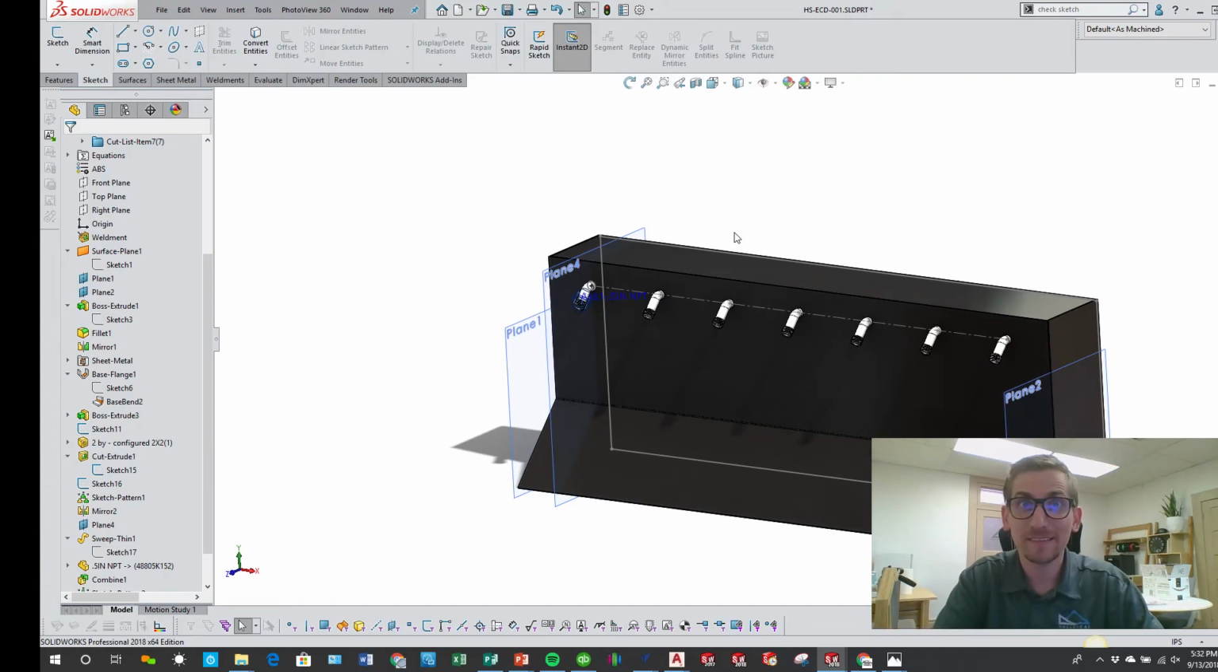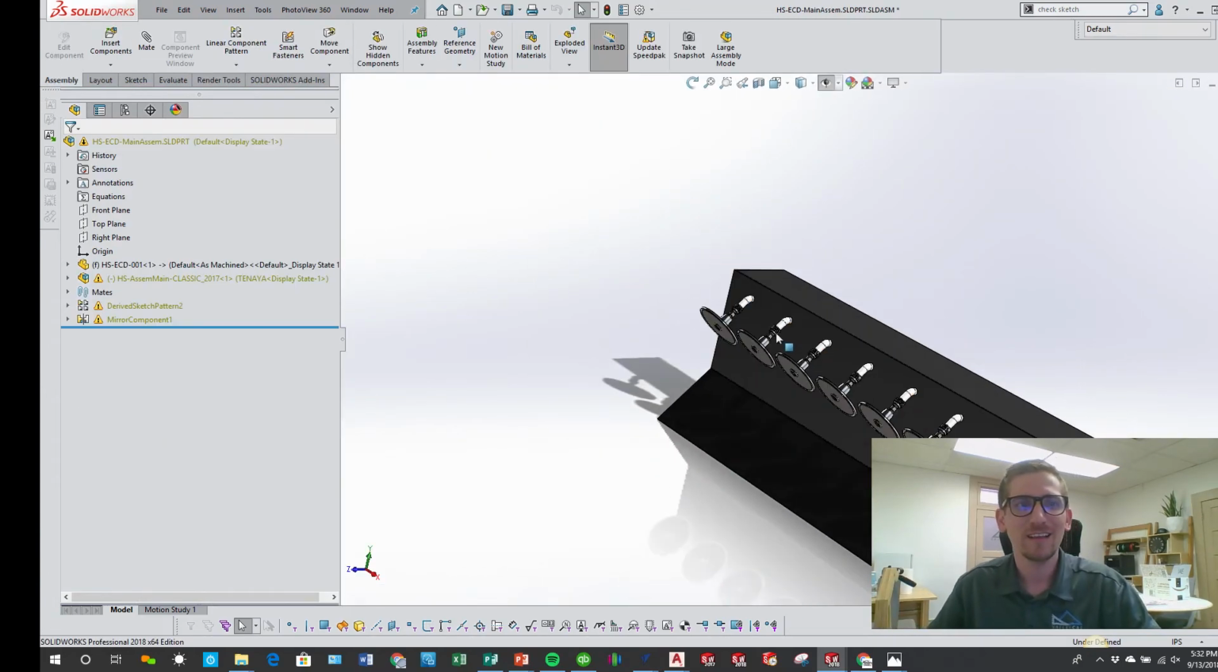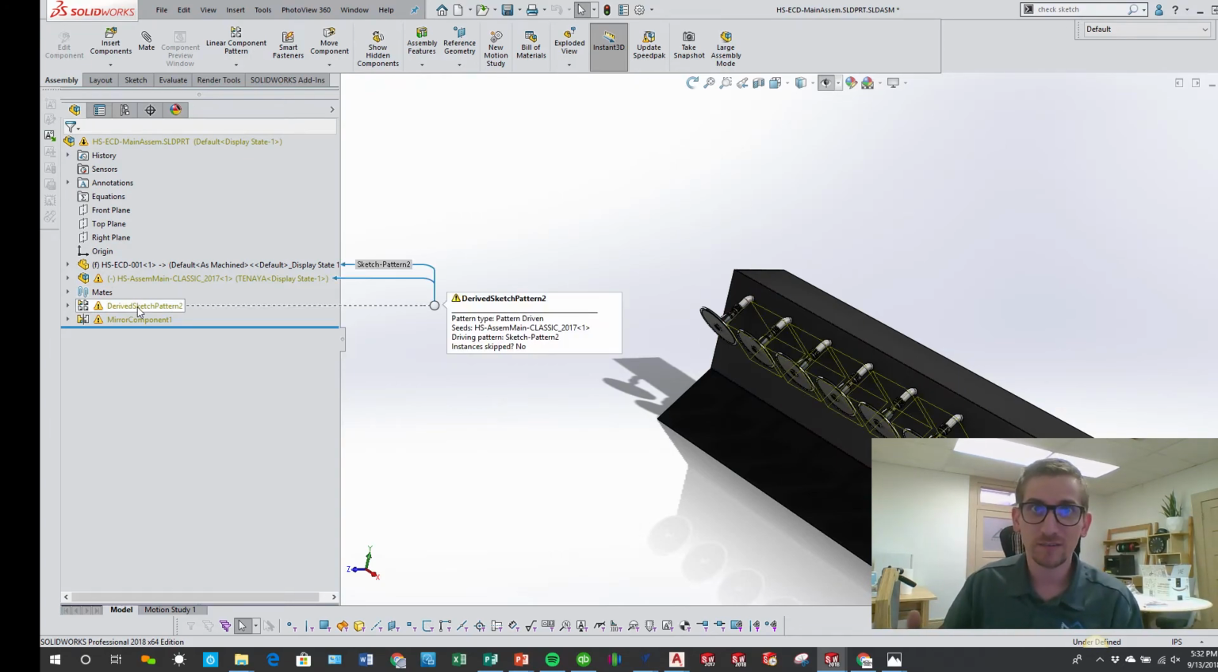Now if I go back to my assembly, let's see what happens here. SOLIDWORKS will come in and will apply each of those components based off of my derived sketch, because it derived off of a pattern on my part file. So once again, this is utilizing SOLIDWORKS to